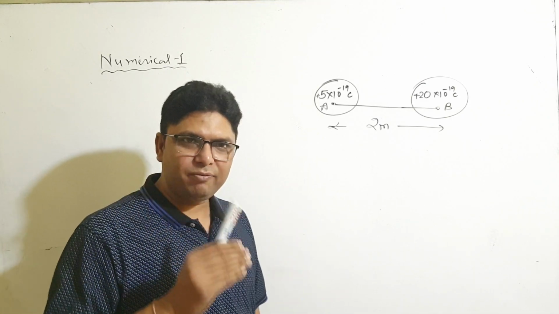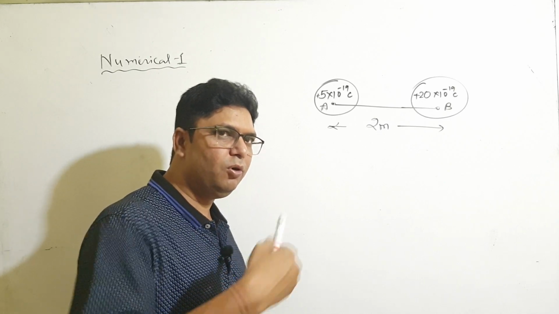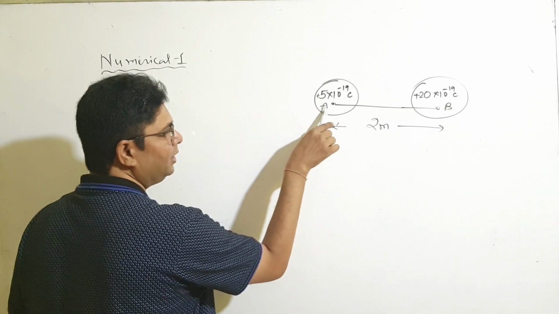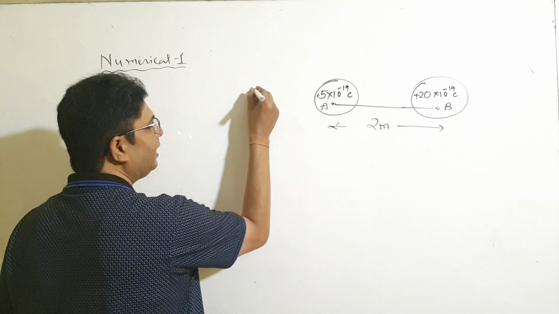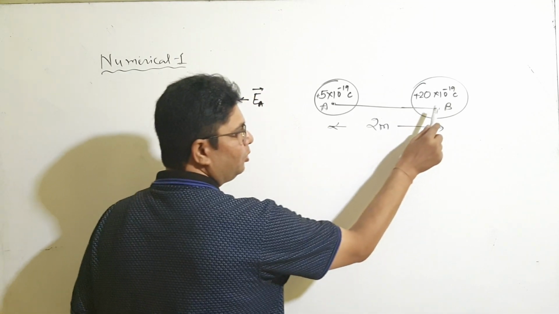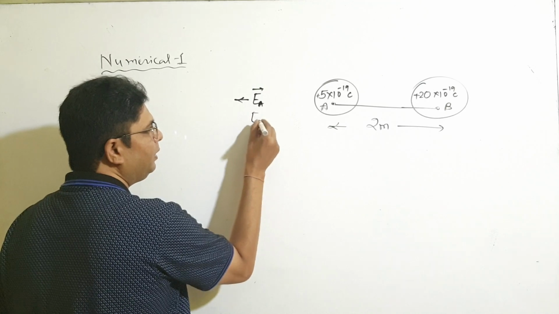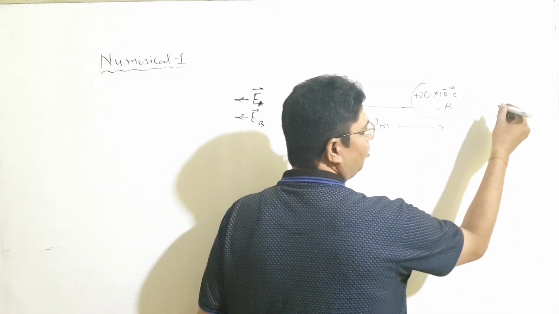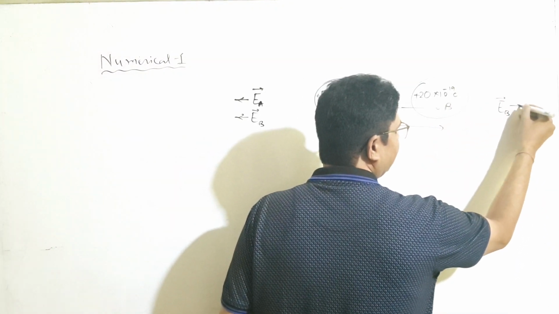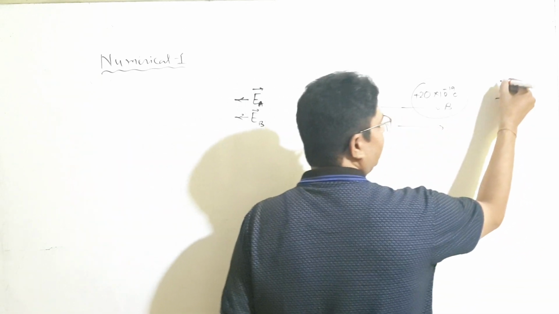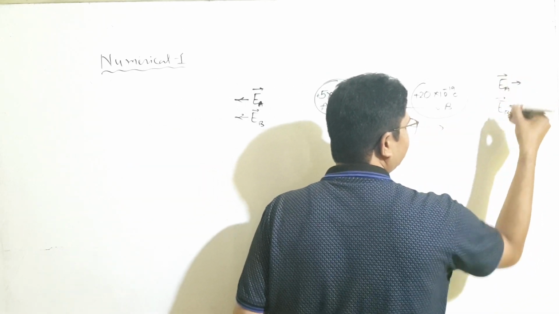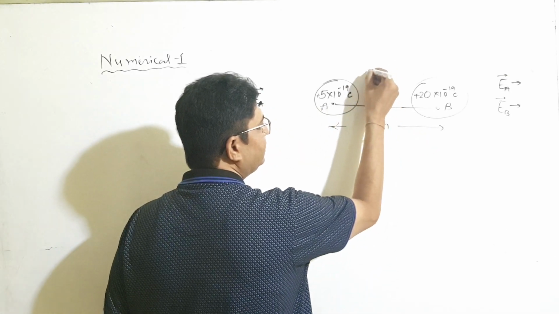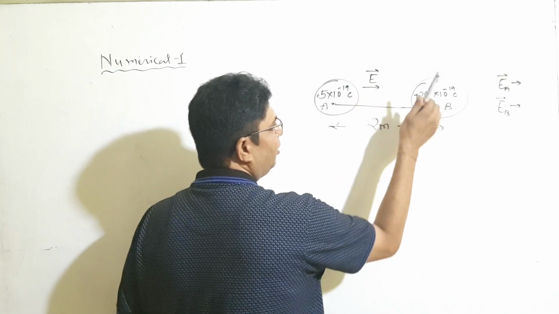We know that electric field originates from plus charge and moves toward minus charge. So here is plus charge electric field. So at this region, due to this A, electric field EA is in this direction. Due to this charge, electric field EB is also in this direction. And in this region electric field due to B, EB, is in this direction, and electric field due to A, EA, is in this direction. And between these two, electric field due to A is in this direction, and electric field due to B is